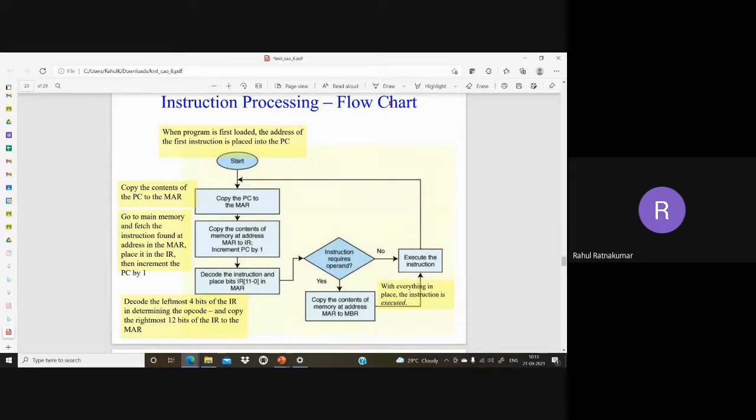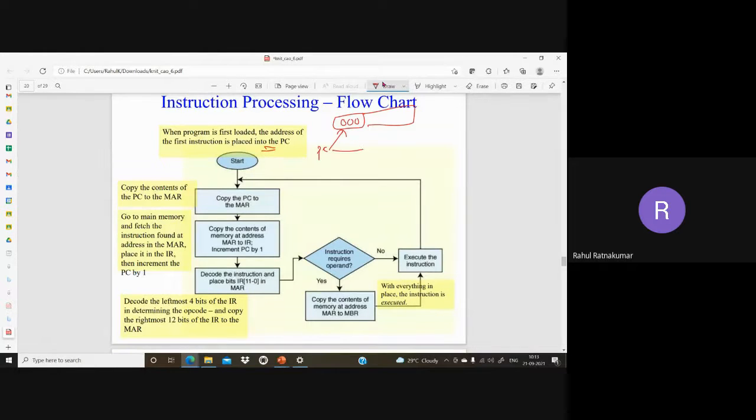Starting any execution, whenever you reset or start the execution of the little man or Mary, it starts with the first instruction. It takes it into the PC, which points to the first instruction. Usually the first instruction is at location 0, 0. So that will be pointed to by the PC initially. The first location is pointed to by PC.